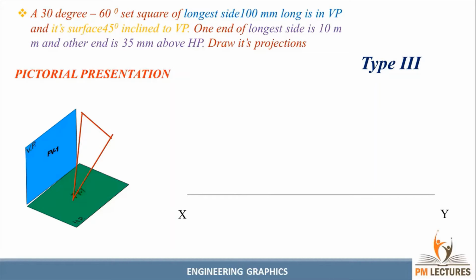The plane is parallel to VP. If the plane is parallel to VP, we can project it and it will fall on the VP plane only. Then we can get the true shape in the VP plane only. So we are able to visualize it only in the front view. If we visualize it in the front view, it is above the XY plane. We can get the diagram above the XY plane.